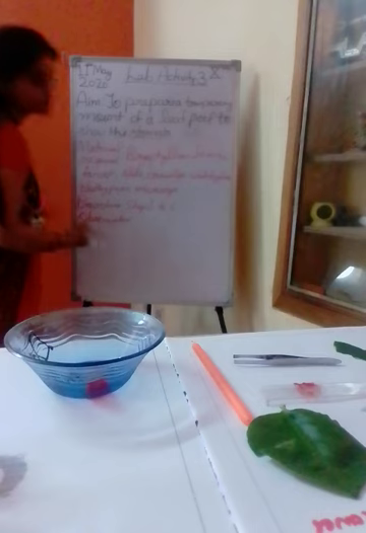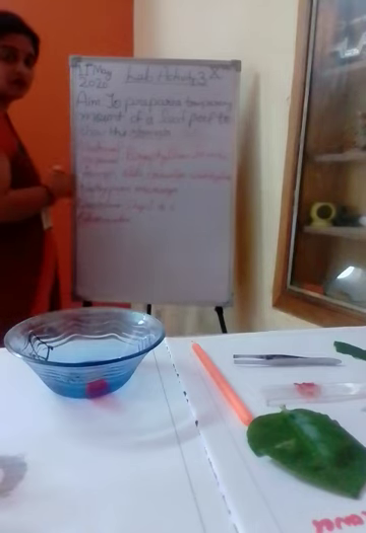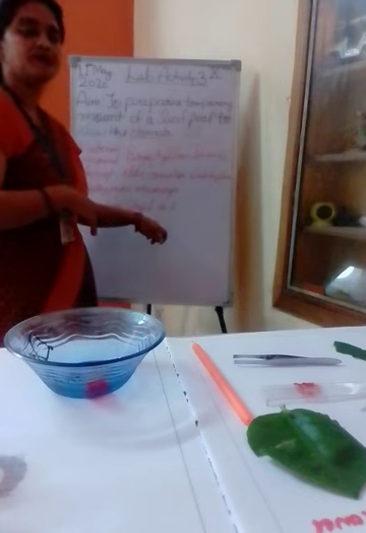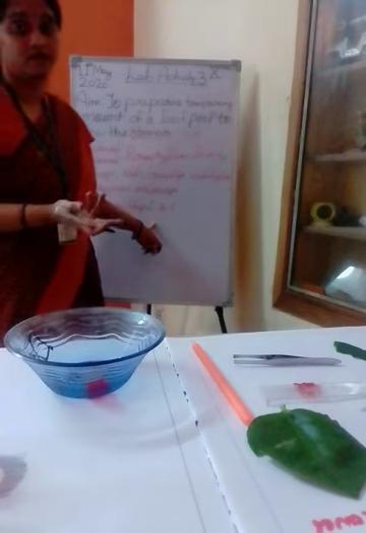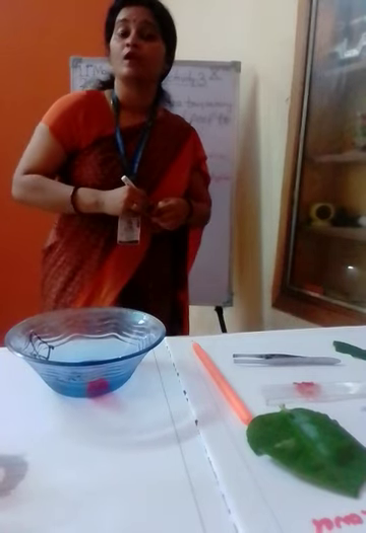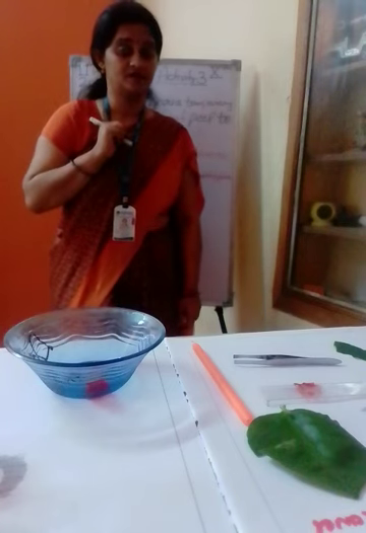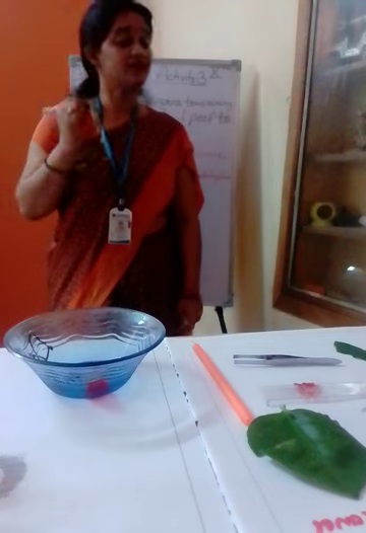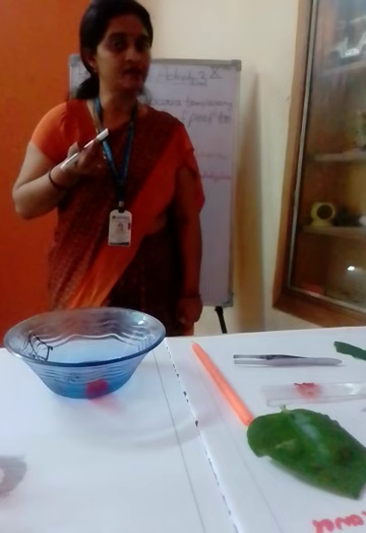Under a microscope, what will be observed? We observe that many stomata are present on the epidermis of the leaf. We observe the guard cell. Guard cell is kidney shaped. We observe the thick and thin layer of guard cell. We observe the nucleus. We observe open stomata and closed stomata. Okay? Do you understand that?